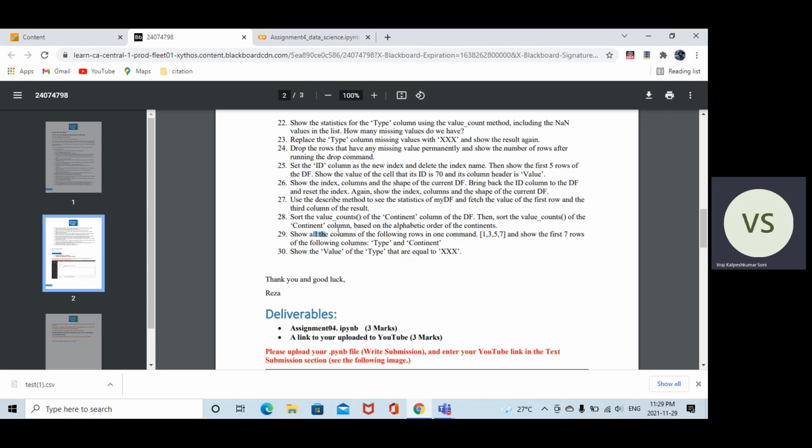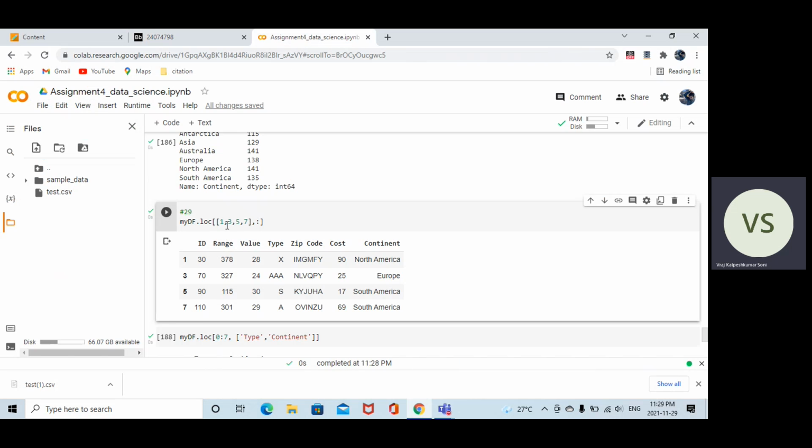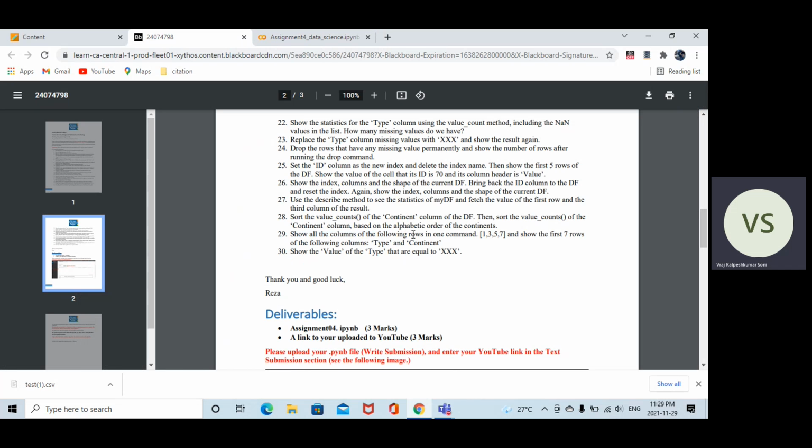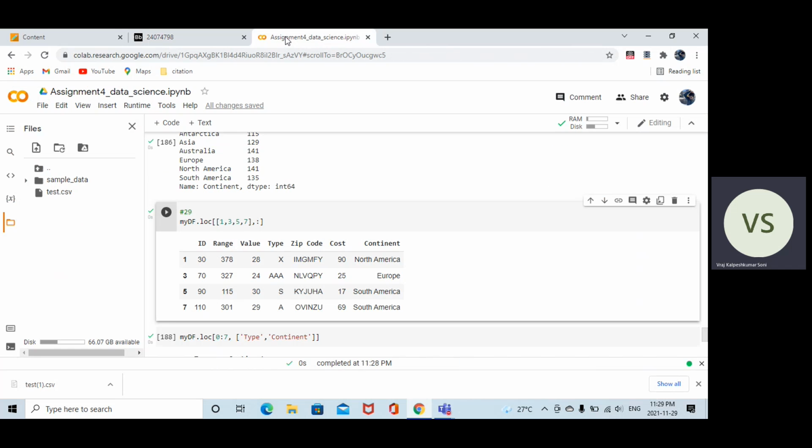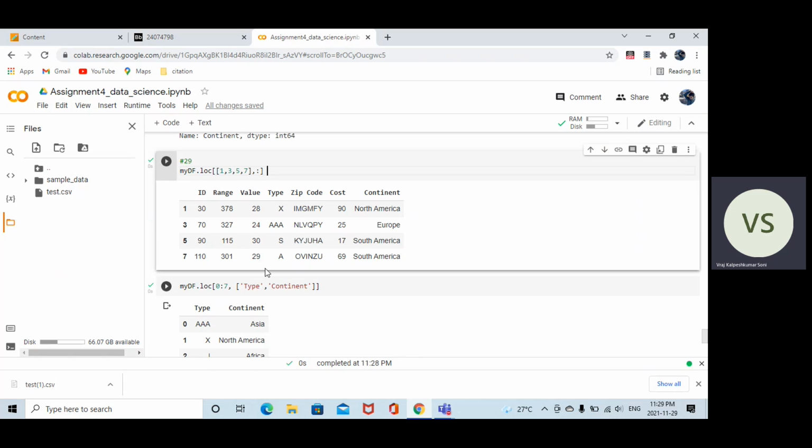Show all the columns of the following rows. So I do not have to specify anything after this colon because we are looking for all the columns of rows 1, 3, 5 and 7. So I just mention the rows over here and I got this as a result.